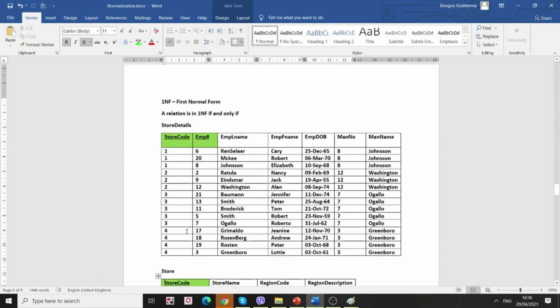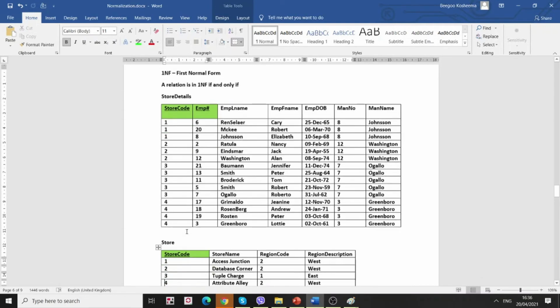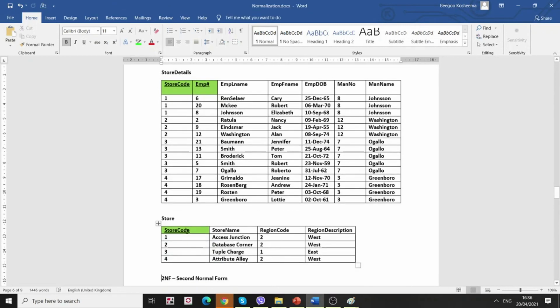So 1NF, first normal form. A relation is in 1NF if and only if it is functionally dependent on the primary key. Now, store code and employee number here is my primary key. So I've already identified it in my functional dependency. If I know these two, I can determine employee last name, first name, employee date of birth, manager number, and